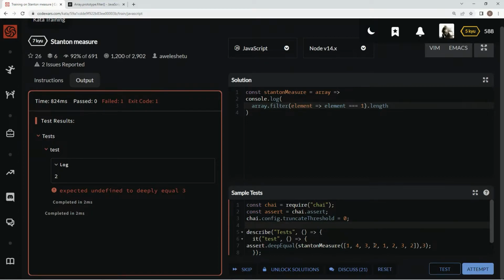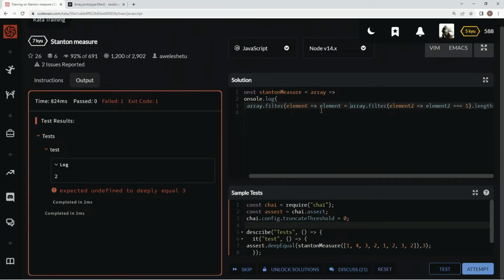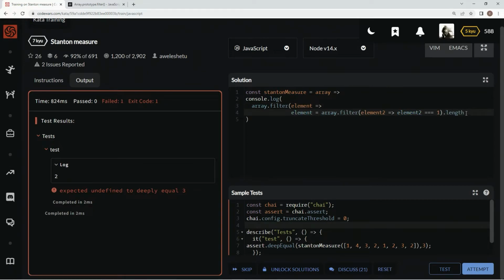So now we're going to filter out the number 2 from this 3 times. So we're just going to double up on filter right here. We're going to say array.filter, and then we're going to say element, all right, and let's change this one to element 2, just so it doesn't get confused on us. And so we're going to say when element equals this, let's bring this down 1, all right, so when element equals this thing that we just did,